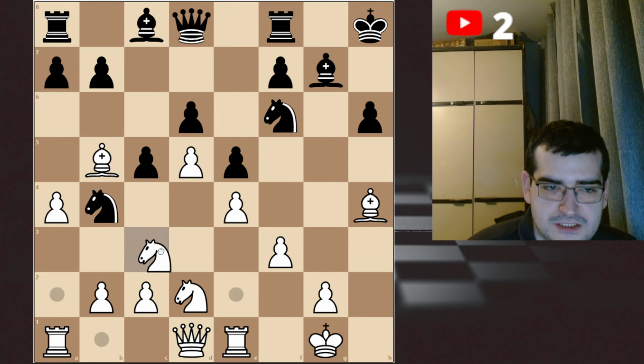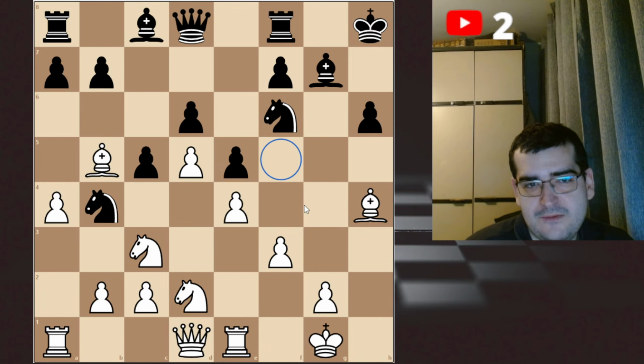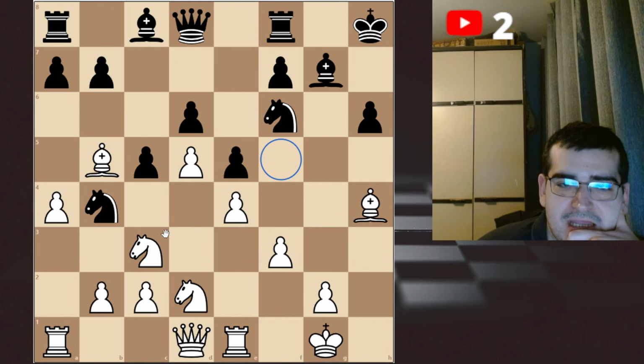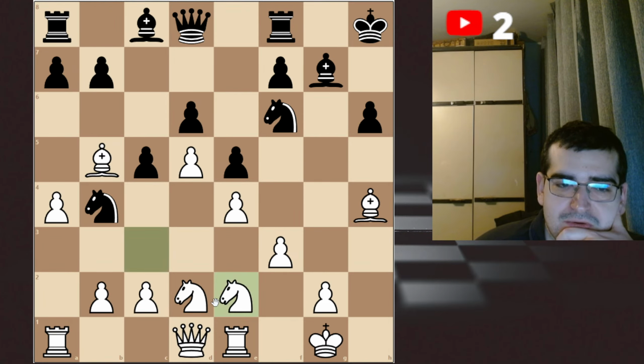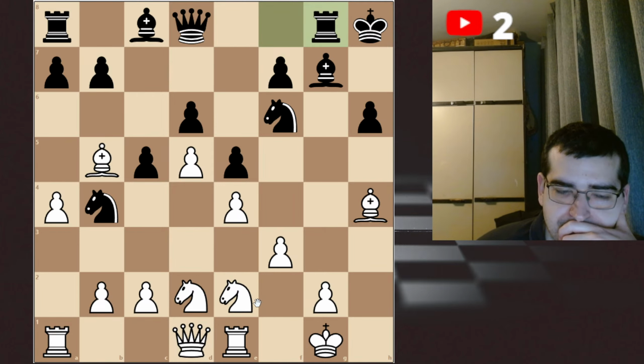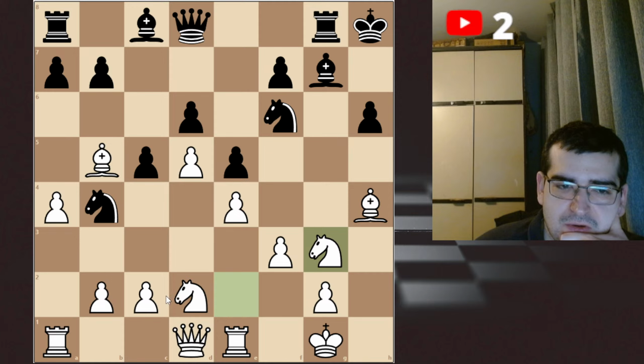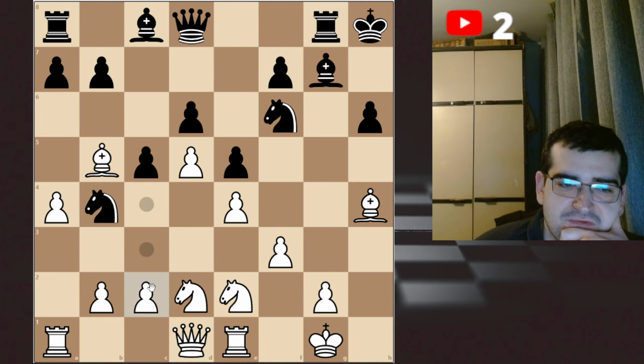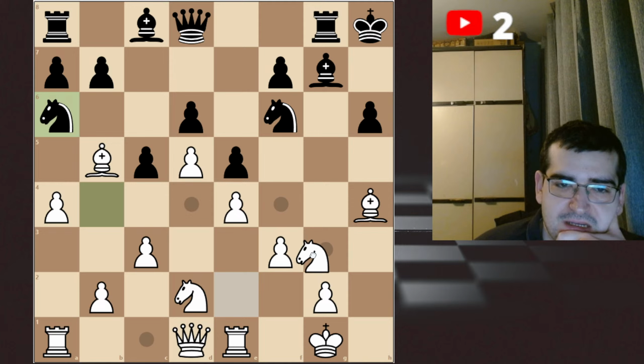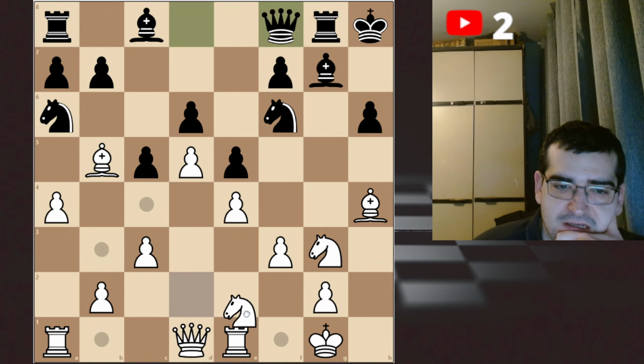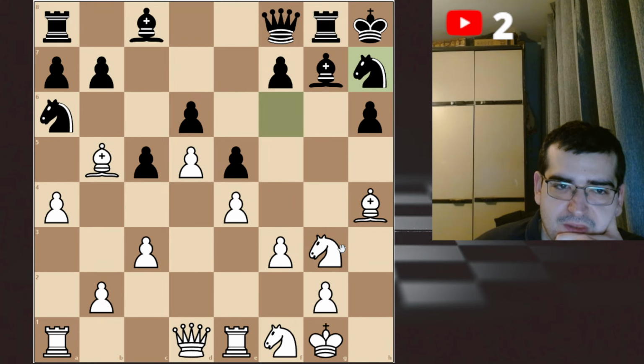Okay, so we first notice that this f5 square is weak and we want to reroute our knight to try and contest this. We go knight to e2, we go knight to g3, no, firstly we go c3, yeah, then we go knight to g3, knight to f1, knight to e3,